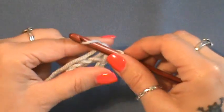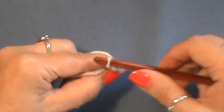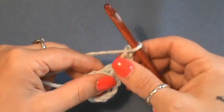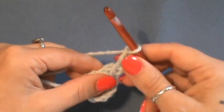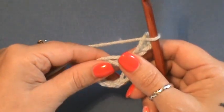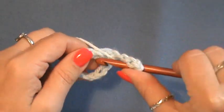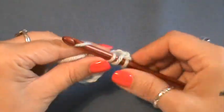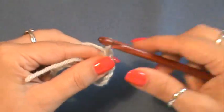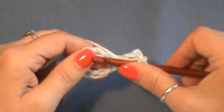Now for round 1, we are going to chain up 4. That will count as a double crochet and chain 1 for this round 1. Now what you want to do here is you will repeat a double crochet in the center ring, followed by a chain 1. You will repeat that 11 times. So that's 1,